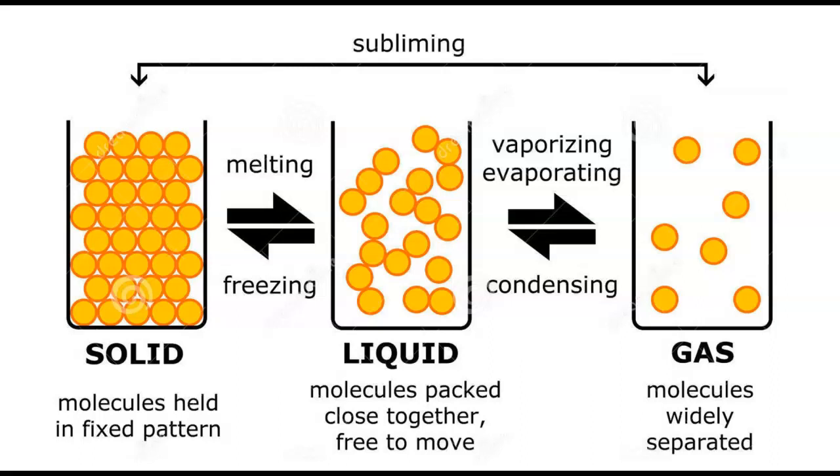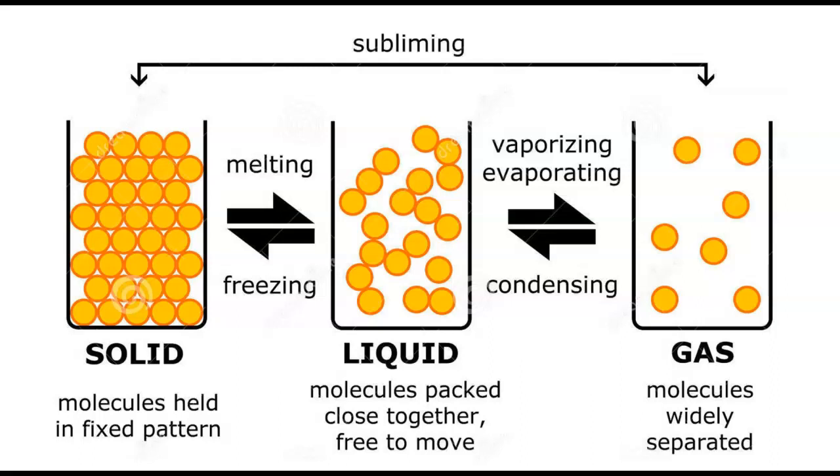So, not all substances will readily exhibit all phases. For example, carbon dioxide does not exhibit a liquid phase, only gas and solid, unless the pressure is greater than about six times normal atmospheric pressure. And as you can see in this picture,